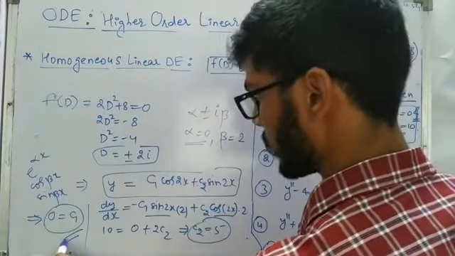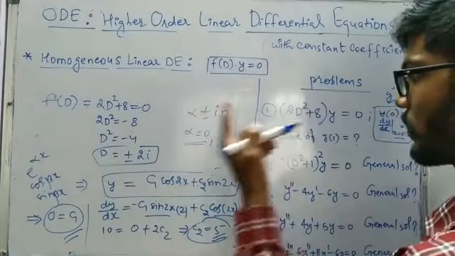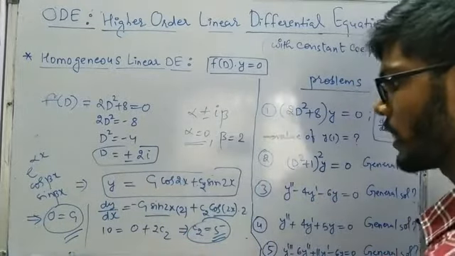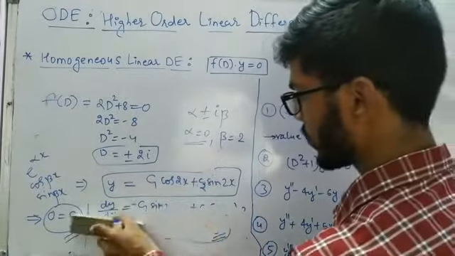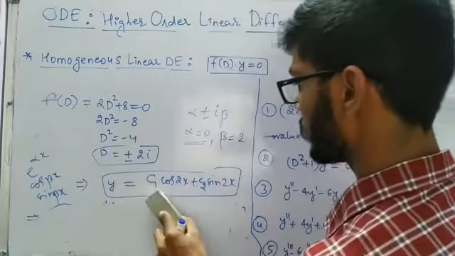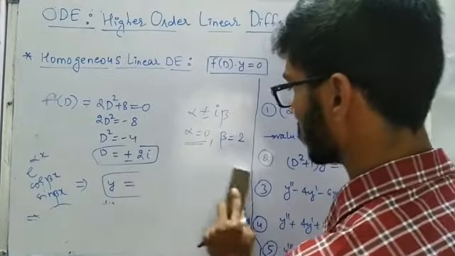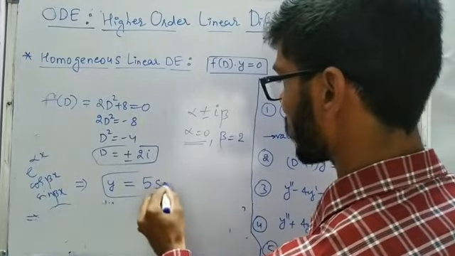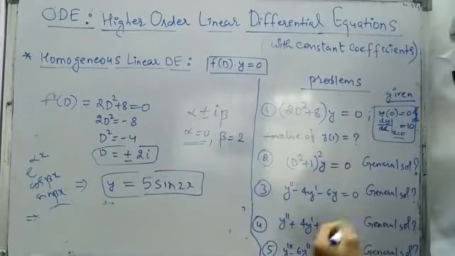So to have the value of two constants we must have two conditions, right? Because it is of second order we have two arbitrary constants. So c1 is 0 and c2 is 5. So let us put that in our general solution. So this term will vanish, this will be 5 sin 2x. So y is equal to 5 sin 2x is the exact answer of our differential equation with the given conditions.